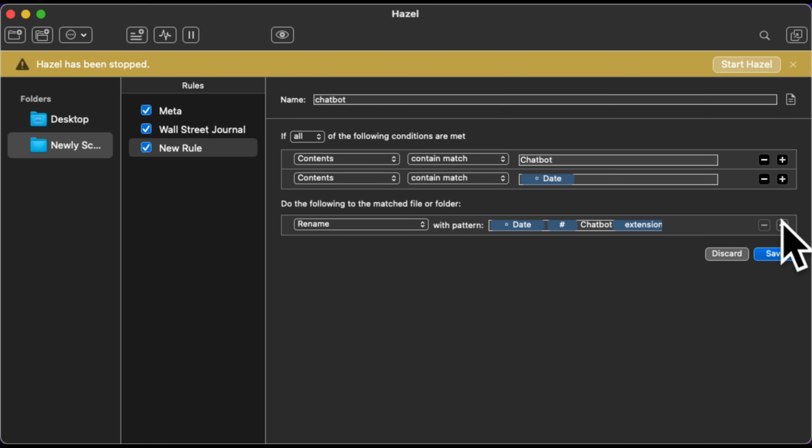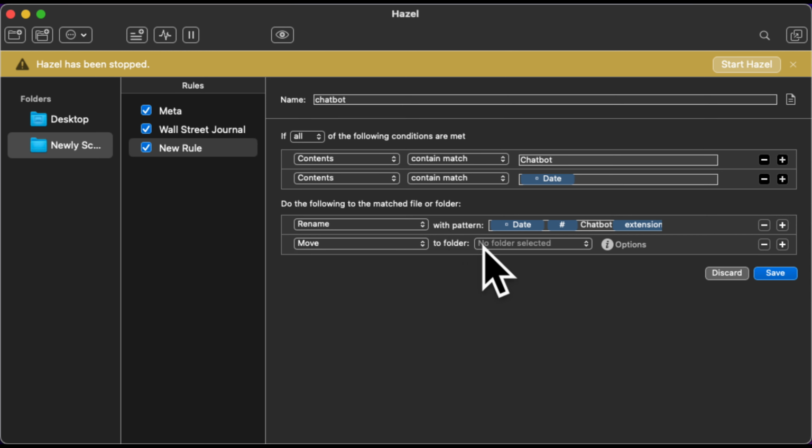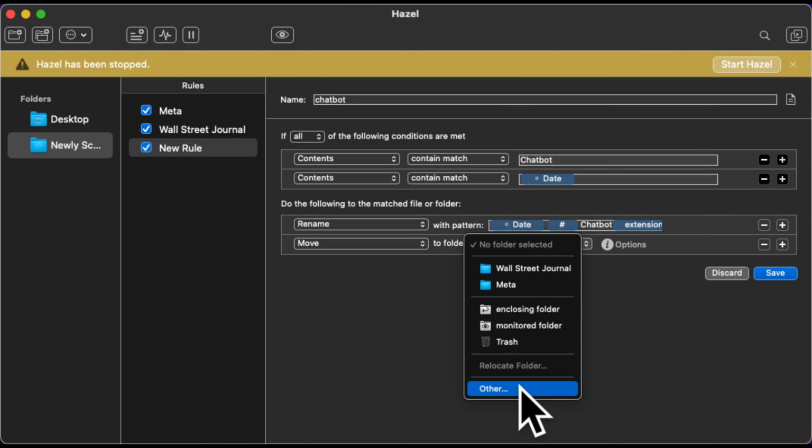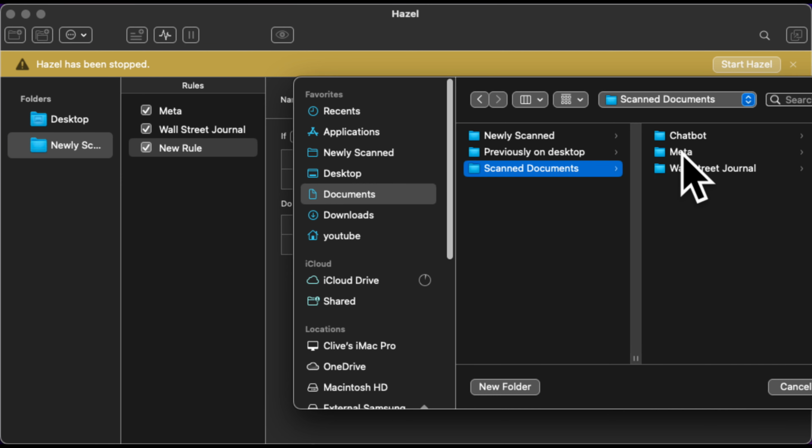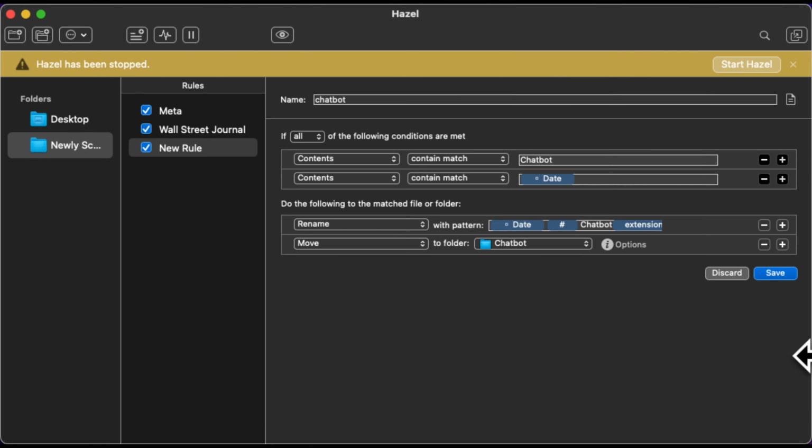We then need to move it. So we move it to the folder. Under documents, scan documents, chatbot, save. So we've got the 3 rules, all pretty much the same, and they're all saved. In a second I'll click Start Hazel,